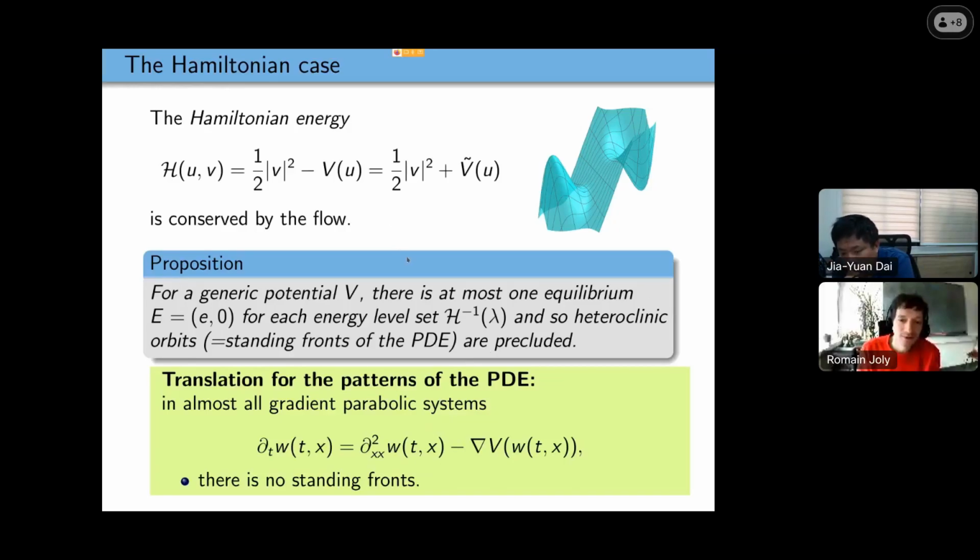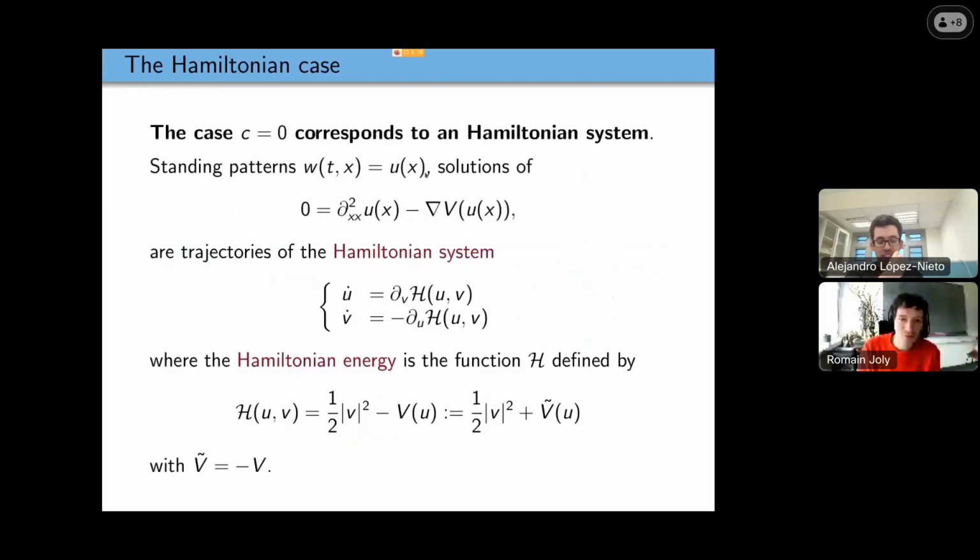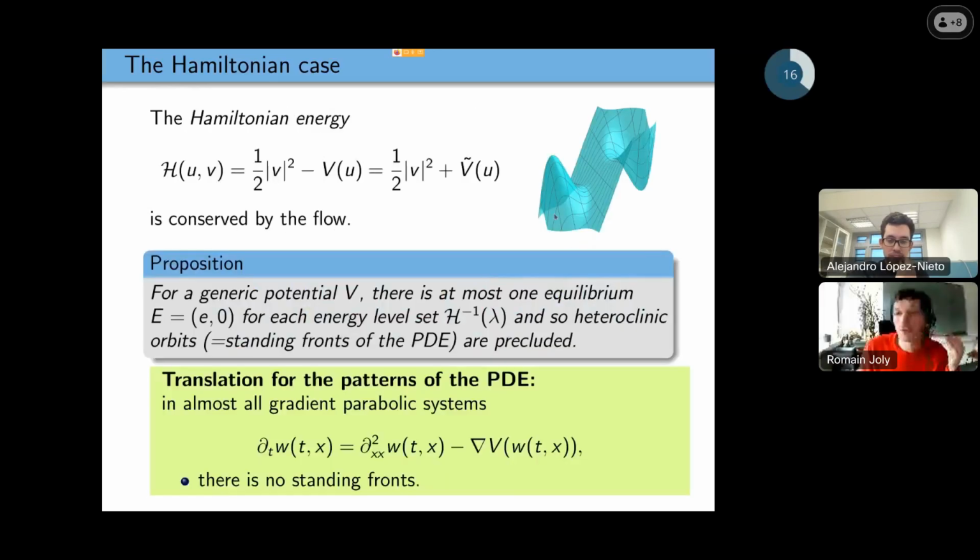So am I right to understand that then you need friction, essentially, some sort of friction, right? So here, when you consider the case with speed zero, really the standing patterns, there is no friction. Yes, precisely. And when c is non-zero, we will consider traveling fronts, and you will have this friction term. Okay, I see. Very interesting. So it's exactly this. So here there is no friction, so it's very particular, and you have no standing front generically.